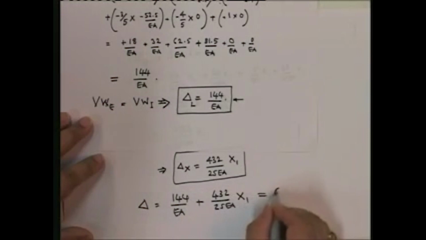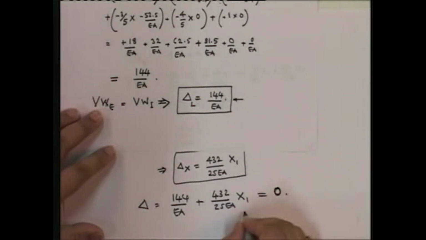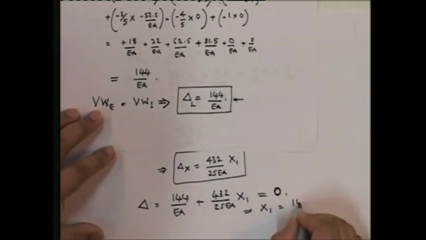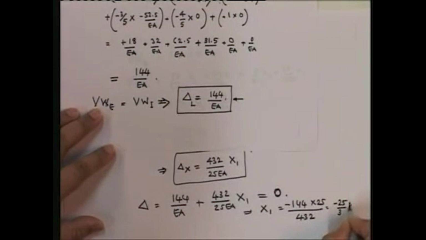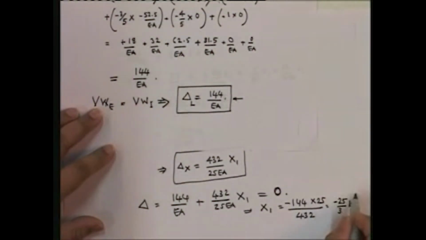And what's the actual delta? In the real thing, delta is equal to 0. From this you can find out x1 is equal to 144 minus 144 into 25 upon 432. So this is going to be equal to minus 25 upon 3 kilonewtons. I have found out